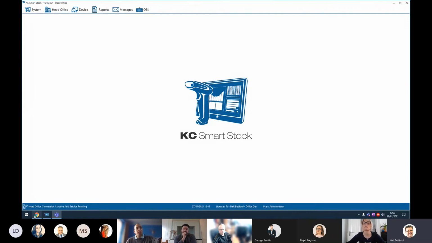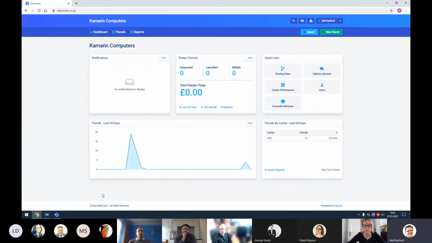First of all, I will discuss the Shipmate element from the side of the dispatch management. As it stands, we have now integrated with a company called Shipmate. Shipmate do integration with a whole host of couriers throughout the UK. They're actually the one that at the moment has the most integrations with the most different partners, which is good from our perspective because it means that we don't have to do any direct or dedicated